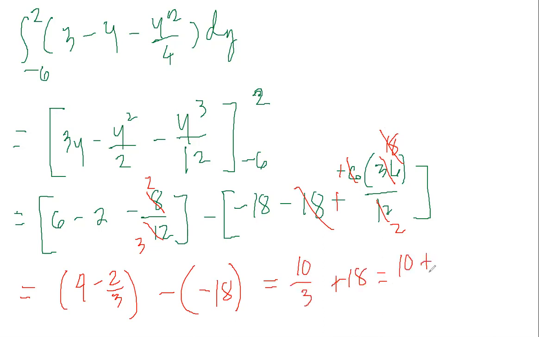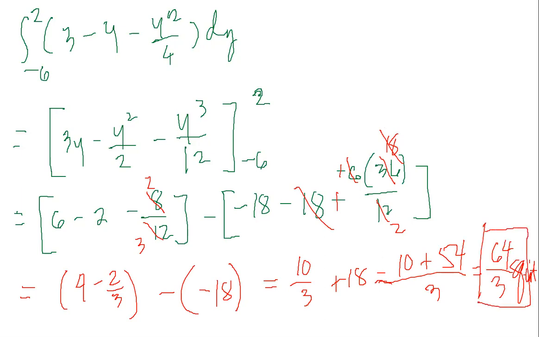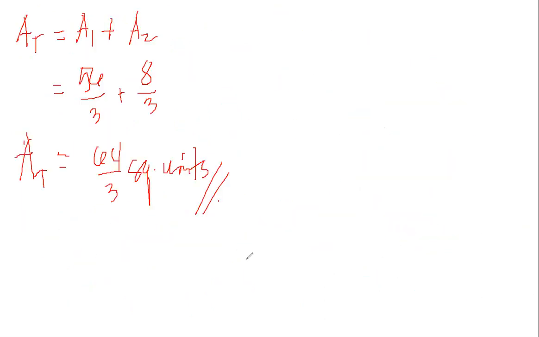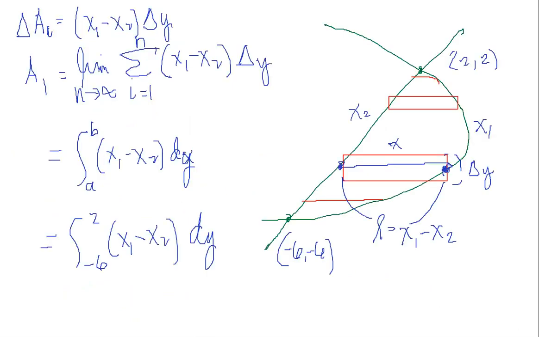See, 10 plus 54 over 3 is equal to 64 over 3 square units. So we got the same answer as our previous solution, 64 over 3 and 64 over 3,